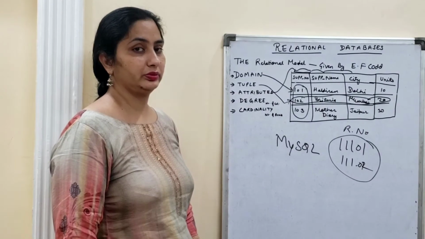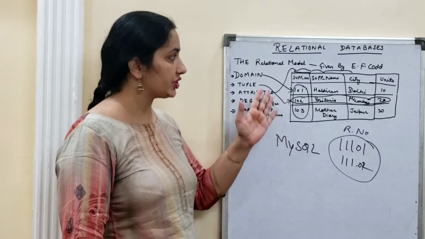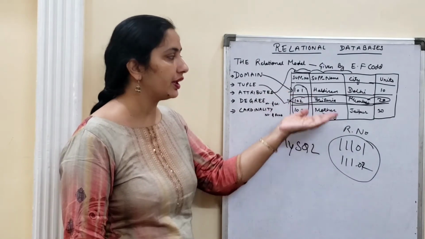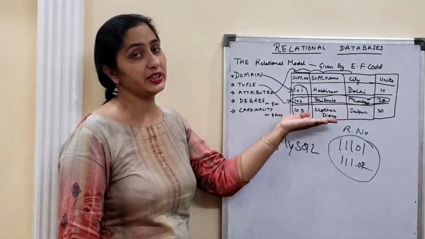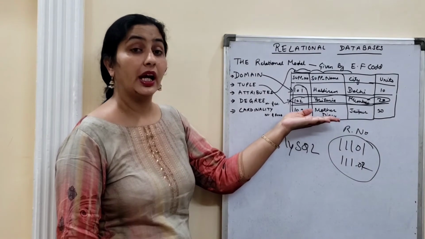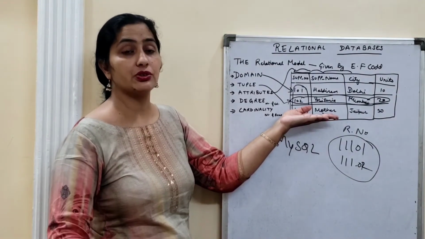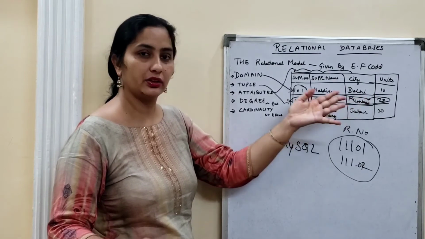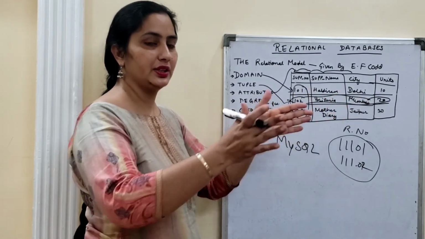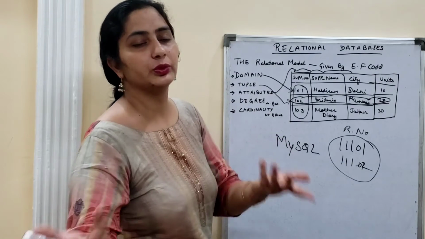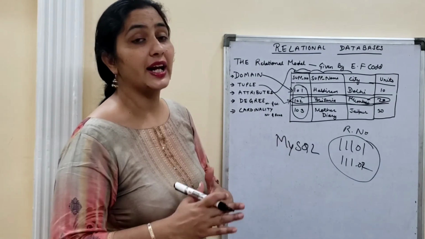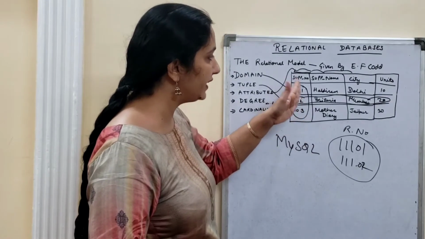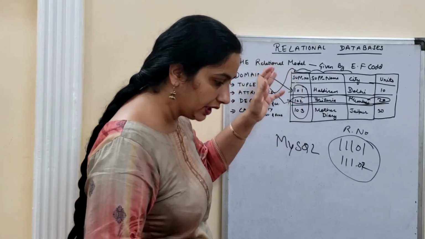Right? So this is the first rule which is given by E.F. Codd. The second rule is that the information which you are entering should be indivisible. It is atomic. Atomic means which could not be divided. If you divide "Delhi" into "De" and "lhi", what could it be? Nothing. So that is irrelevant information. The information which you are entering should be complete.